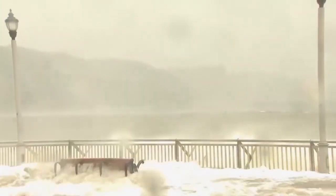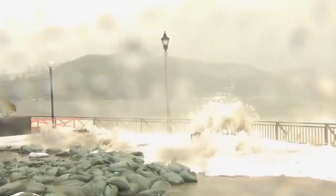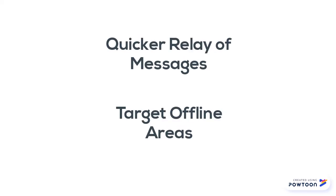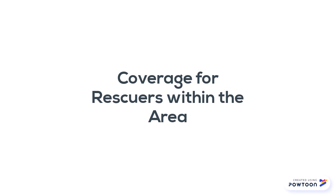So in the event of a natural disaster, disaster aid teams will be able to benefit from massive MIMO and beamforming, since they will be able to relay messages much quicker and be able to target specific areas that will be offline due to damage to the network infrastructure, and it also ensures the coverage for rescuers within the